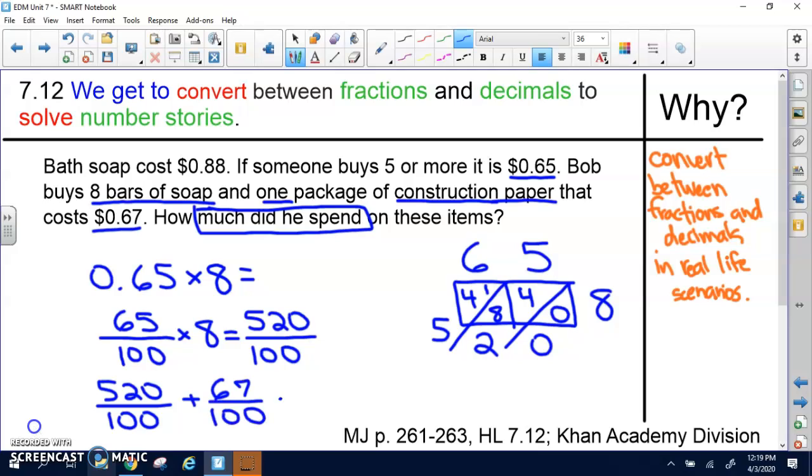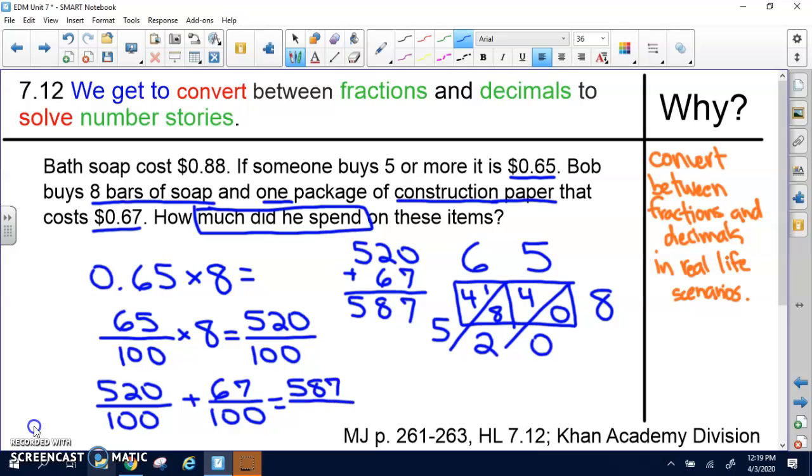So now I can add those together. So I'm going to write it over here to add my 520 plus 67. So 0 plus 7 is 7, 2 plus 6 is 8, and 5 plus nothing is 5. So I'm going to get a total of